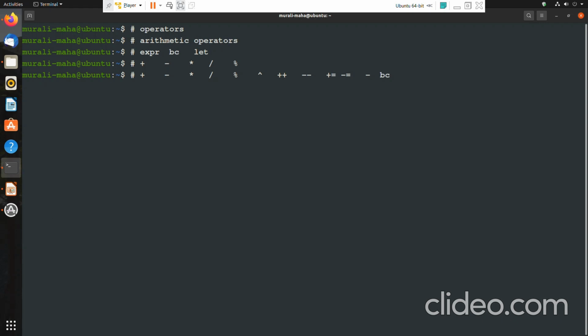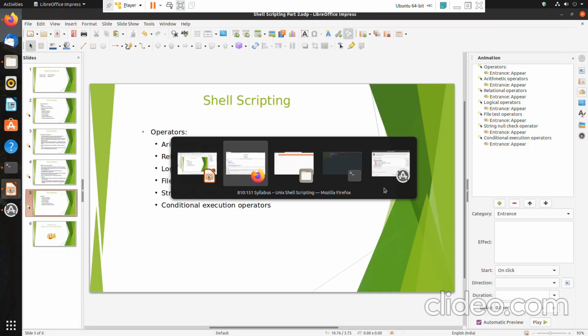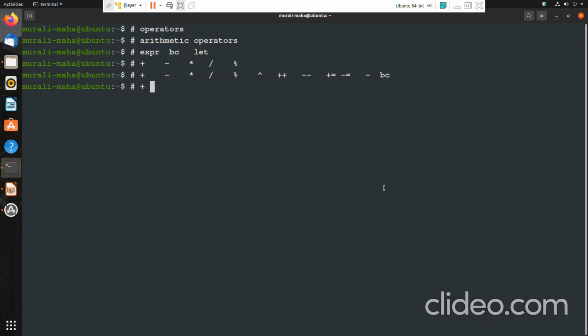Then you have the let command, right? The let command also supports plus for addition, minus for subtraction, asterisk for multiplication, slash for division, percentage for modulus.